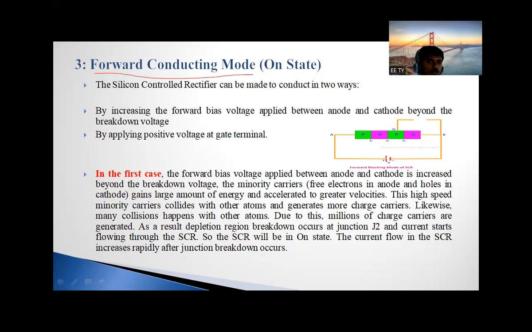Okay, then what will happen? Due to the application of more voltage, the junction J2 collapses and it will become a forward junction. So when it becomes a forward junction, the current flows from anode to cathode. This is the one method. Clear? And the second method is